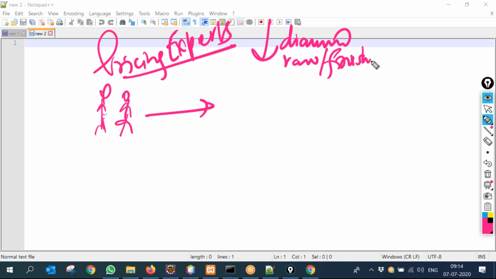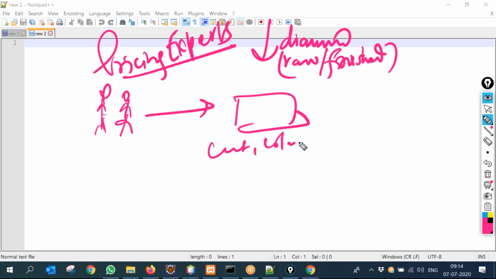This company does procure raw diamonds and sell finished diamonds. So this diamond comes in with cut, color, clarity, table, X, Y, Z, and so on. Many parameters are there, around 30, 40 parameters.